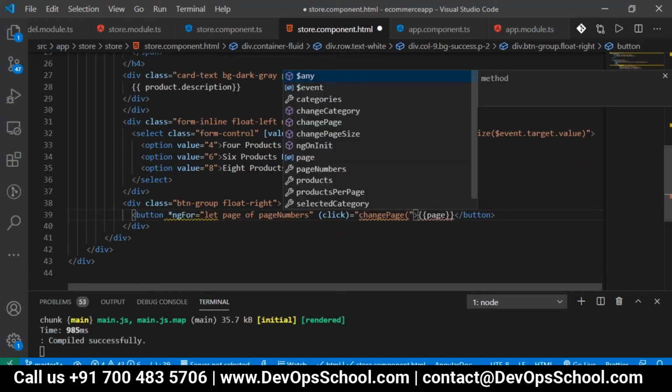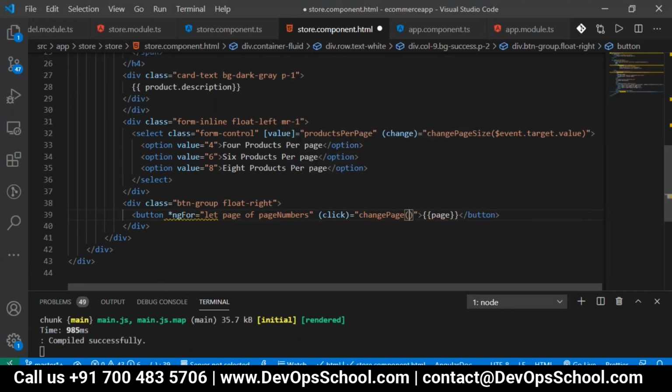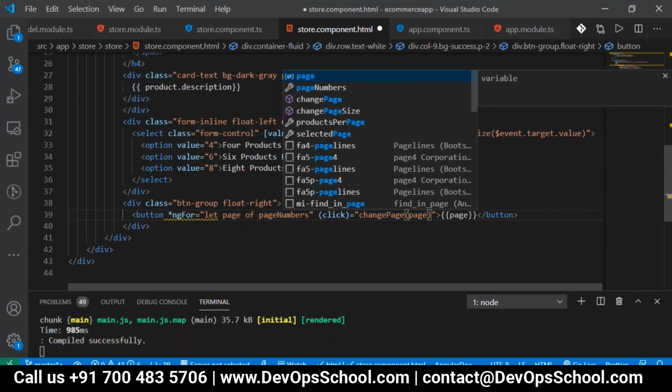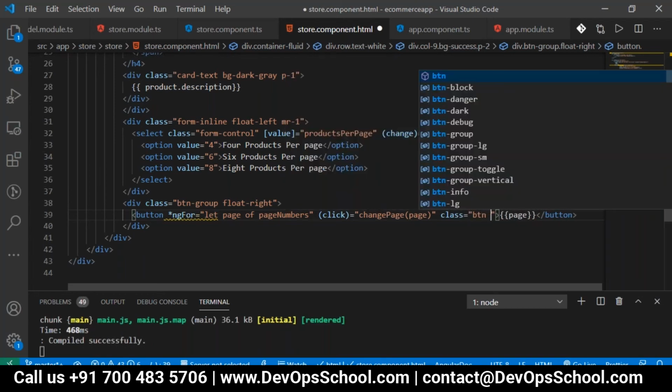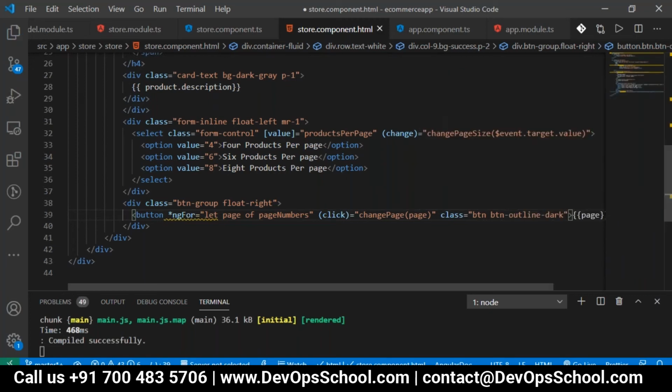You have to send which page you have selected. I also want to give some styling, so class equals..., so this is what has happened.